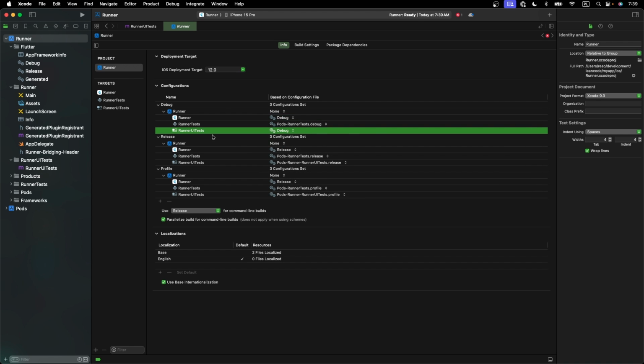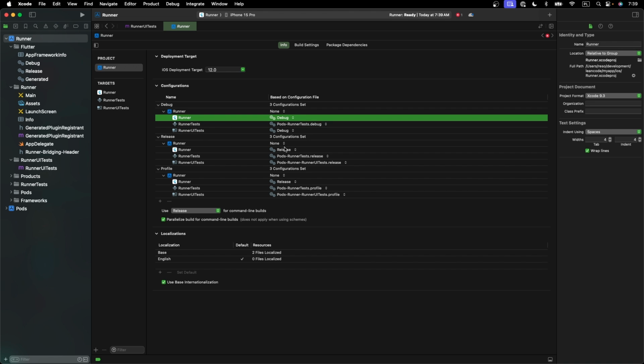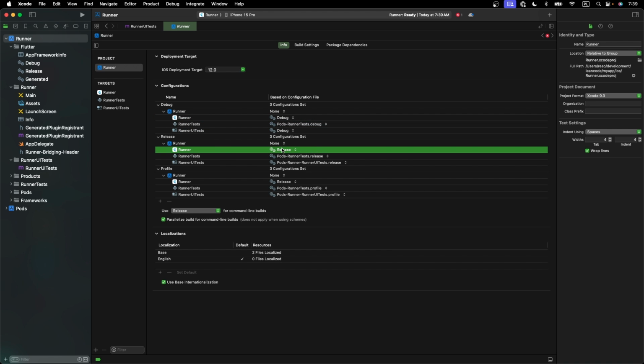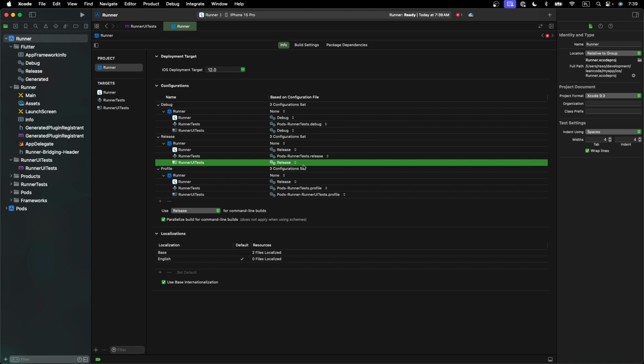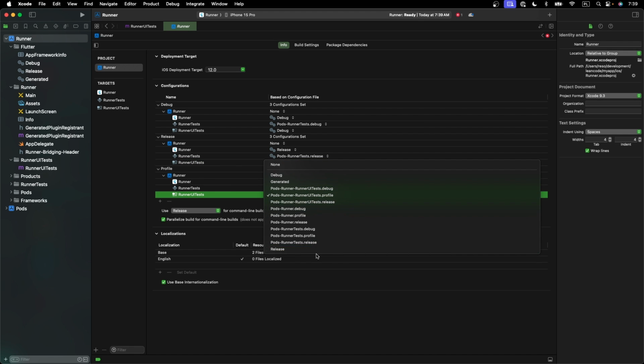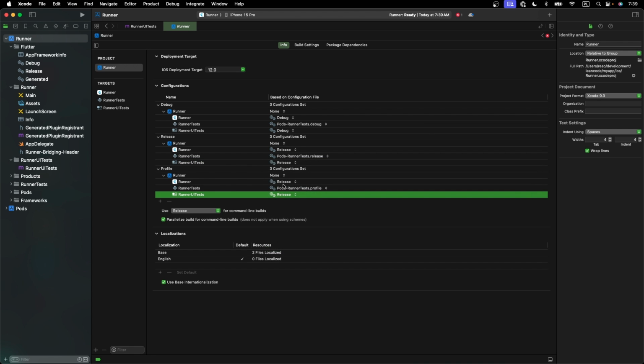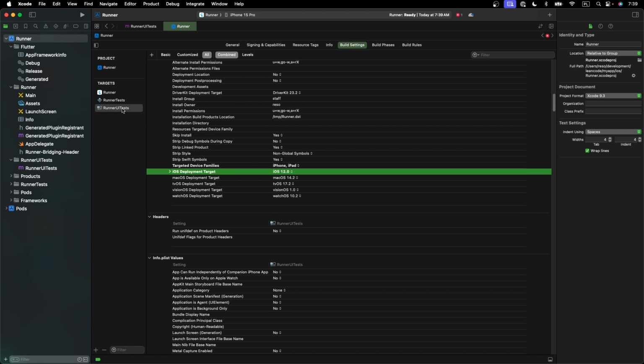See, we want to have the runner UI tests precisely matching the config of runner. The same goes for release. Here, runner is set to release, so runner UI tests will also be set to release. And lastly, for profile, it's set to release for the runner, so runner UI tests, again, is going to be set to release. Now that all of these are matching, we want to click on runner UI tests, build phases,